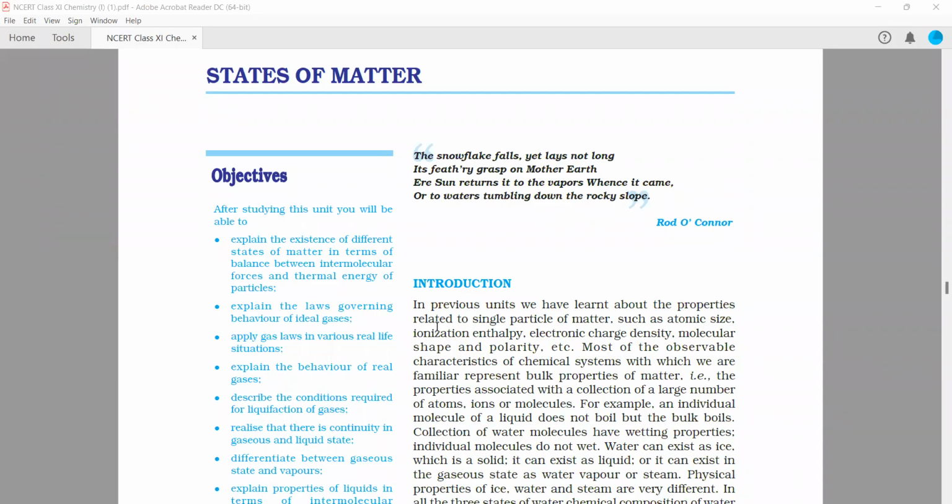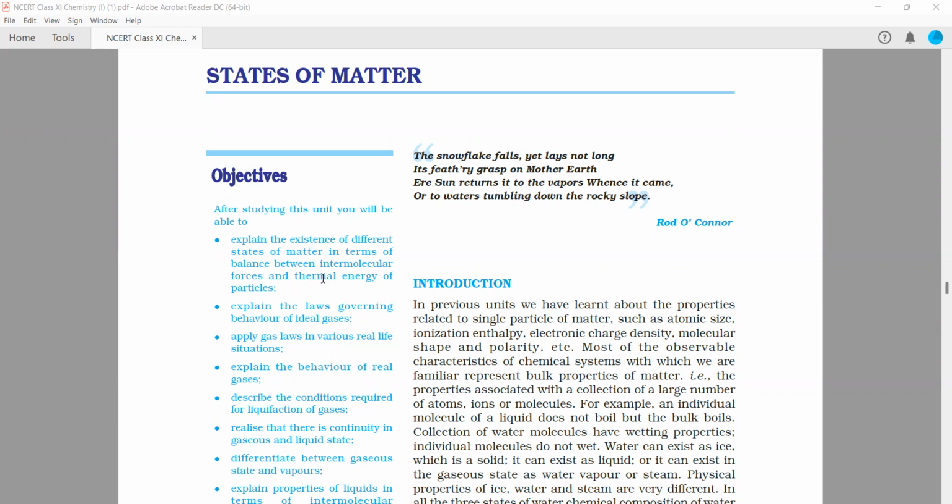So today we will be talking about a new chapter of NCERT Class 11 book, which is States of Matter. So what are the objectives of this chapter? It will explain the existence of different states of matter in terms of the balance between intermolecular forces and thermal energy of particles. After reading this, you will come to know what the different states of matter are